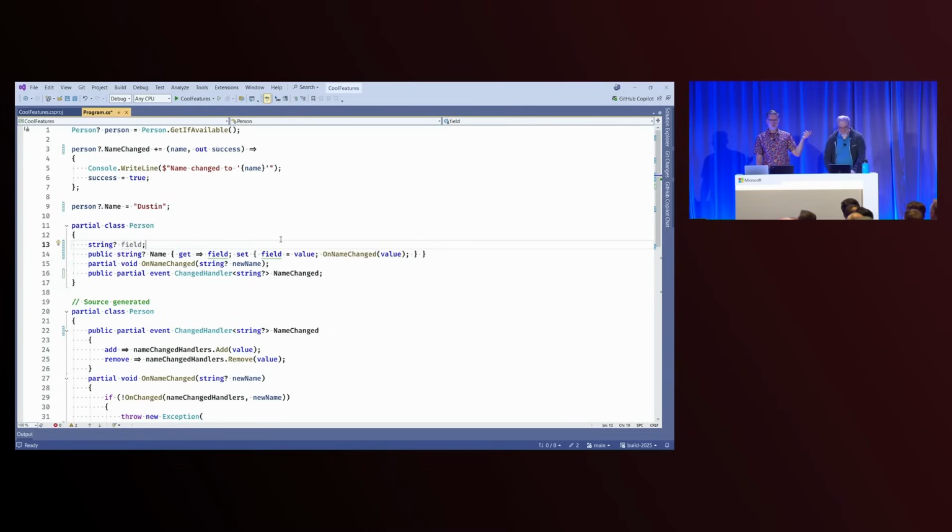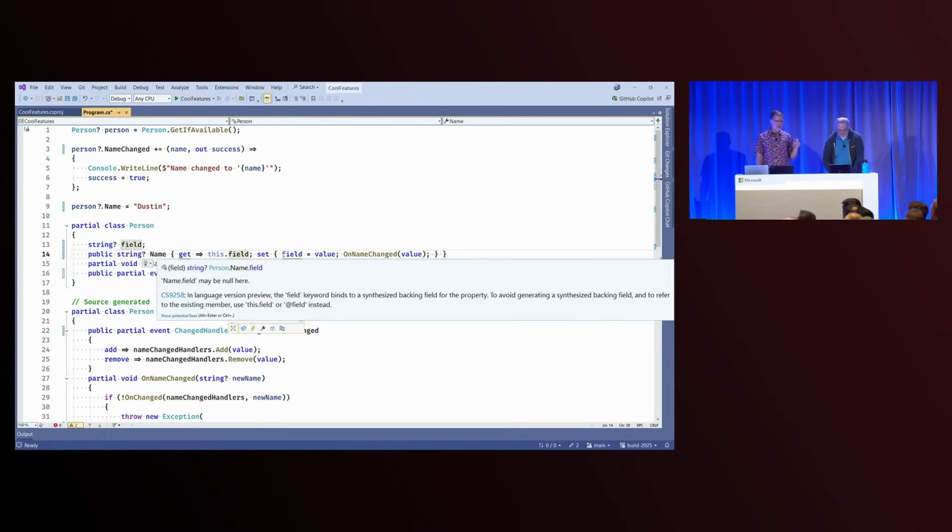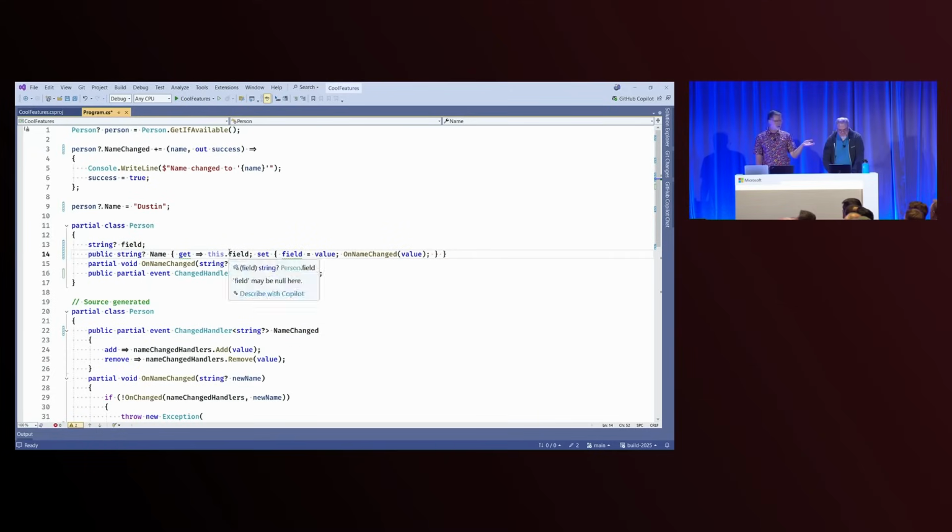So when there's something in scope called field, we do give you a warning saying if this code was here before, it now means something different. And we don't have fixes yet in this implementation, I believe. Not yet, but we will have fixes when this ships, and there are a couple of ways you can fix it up, right?